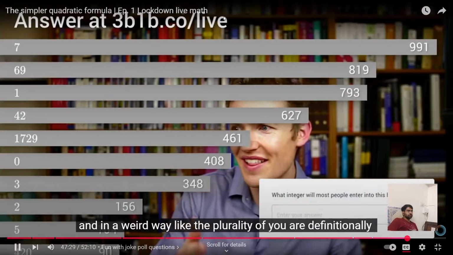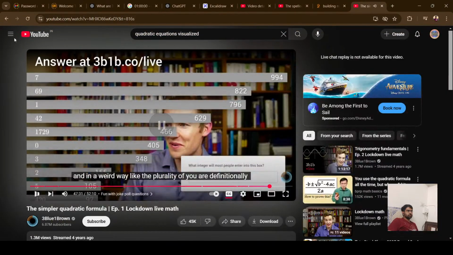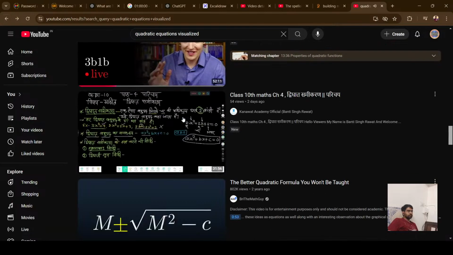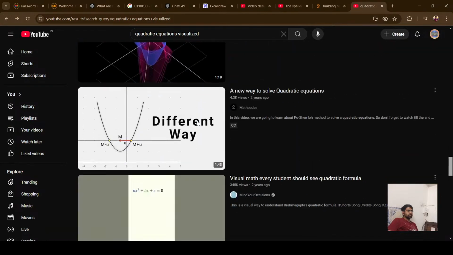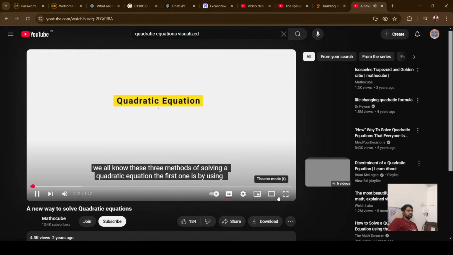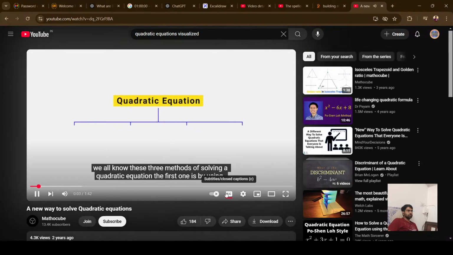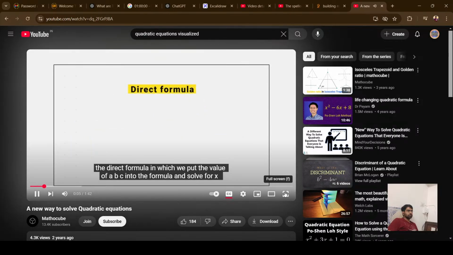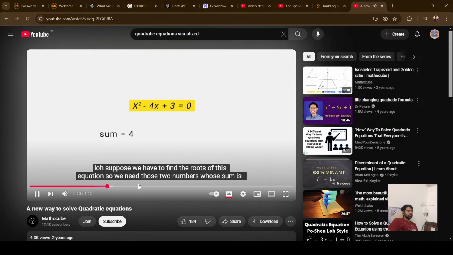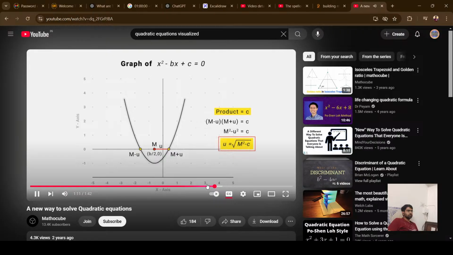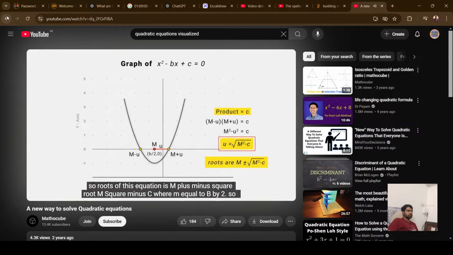Like, the plurality of you are definitionally correct. We all know these three methods of solving a quadratic equation. The first one is by using the direct formula, in which we have us whose and this value. So roots of this equation is